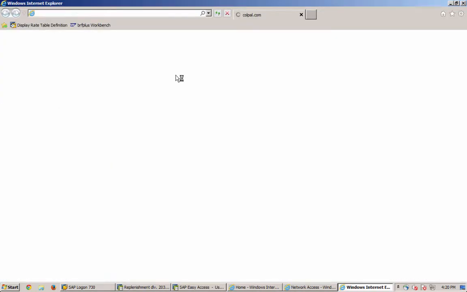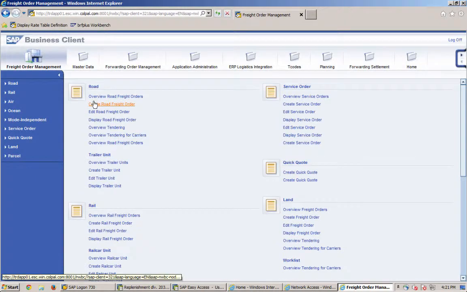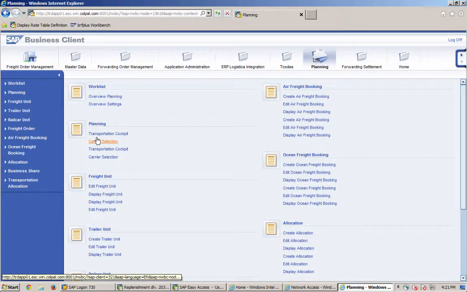It's taking some time to log in, but we'll be able to log in soon. So let's click on NWBC, and here let's go to the planning tab, and within the planning tab we should go to the transportation cockpit tab,